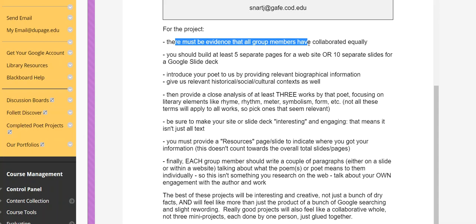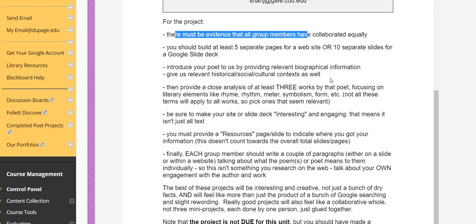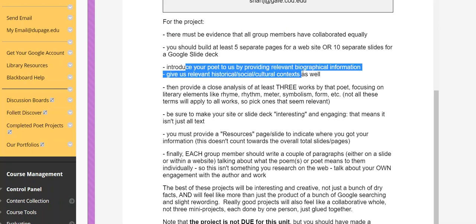Something to keep in mind is, if you were to present this in a traditional face-to-face class, could all of the group members speak knowledgeably about all the pages or parts of the presentation? If you could only confidently speak to the parts that you worked on, but have no clue what the other parts are, that's not really what we're going for. So obviously people are going to divide labor a little bit, but it should feel cohesive and holistic once it's all said and done. Again, lots of latitude as far as how you go about this, in terms of who your poet is,